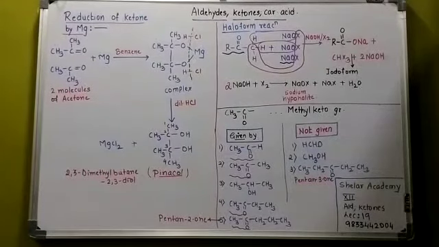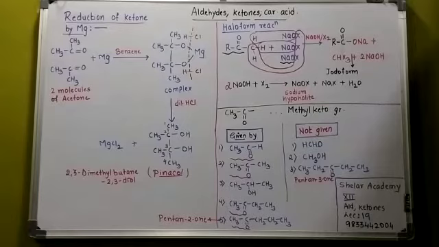Lecture number 19. Next we continue with the next type of reduction reaction. Now this reaction is only given by acetone. It is only given by acetone when it reacts with magnesium. So what is the condition required? It is in the presence of benzene.